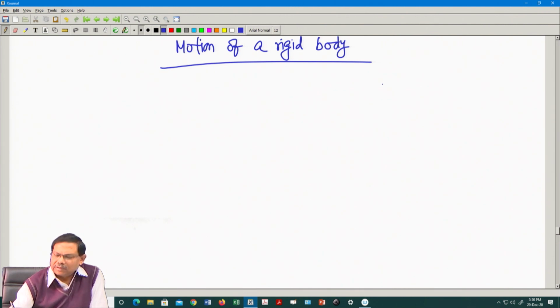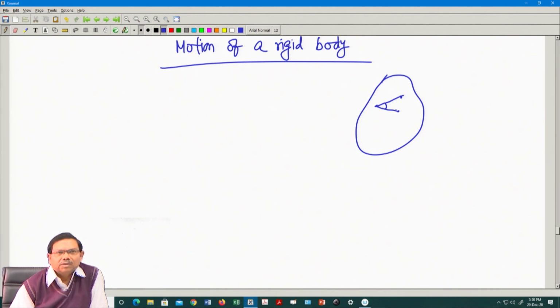time let us say this is a body. So, the distance between these two particles will not change, and if you take a third particle, then this angle will also remain intact. So, the distance between 2 points should not change, and the angle made between two lines joining 2 points will remain intact, otherwise it is a deformable body. So, that is the assumption we begin with, and for simplicity we may consider a discrete particle.